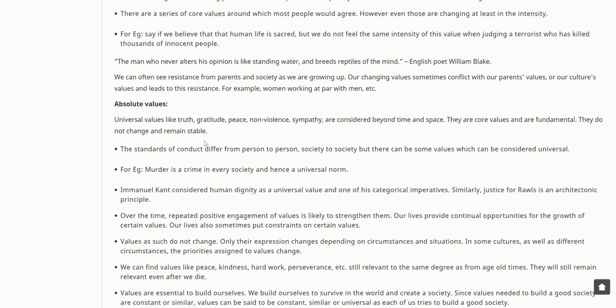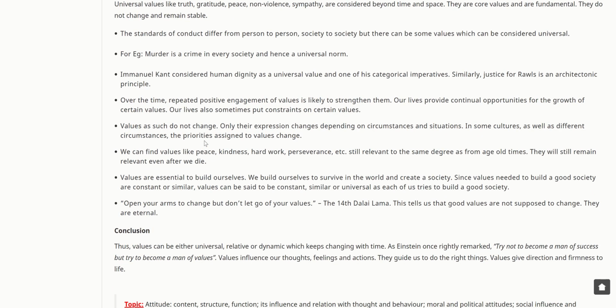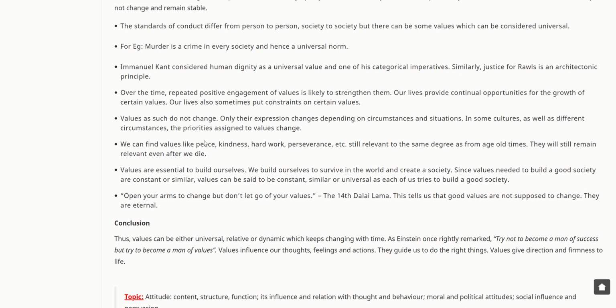They are core values and are fundamental. They do not change and remain stable. The standards of conduct differ from person to person, society to society, but there can be some values which can be considered universal. For example, murder is a crime in every society and hence a universal norm. Immanuel Kant considered human dignity as a universal value and one of his categorical imperatives. Similarly, justice for all is an